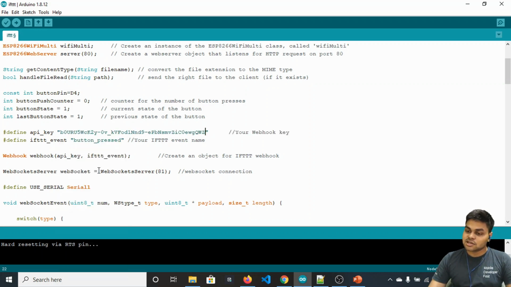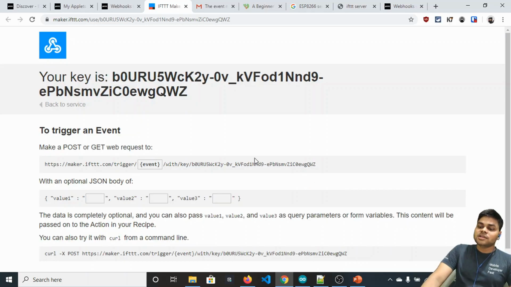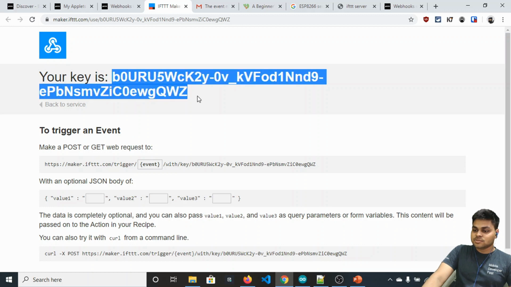We can paste it right here. So #define IFTTT event, the event you have set previously, button pressed, you need to put that in this field.